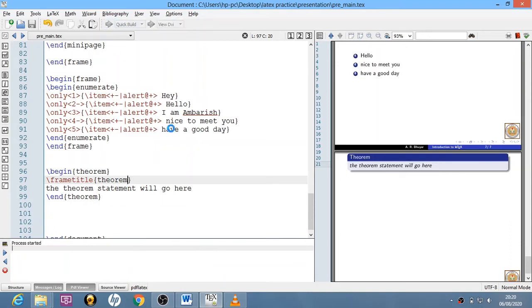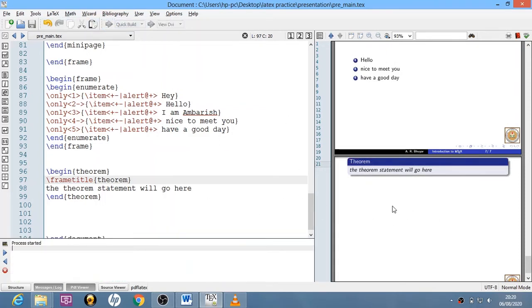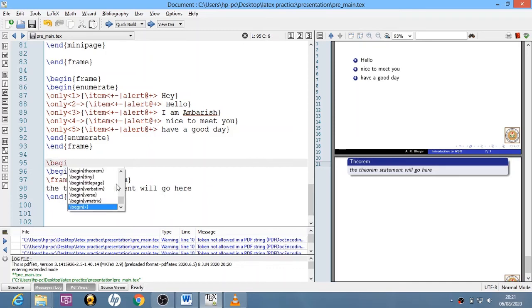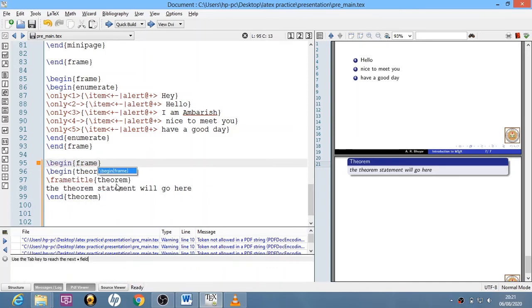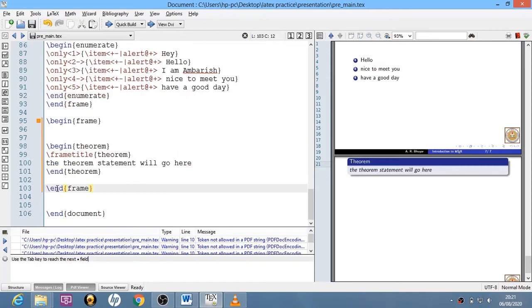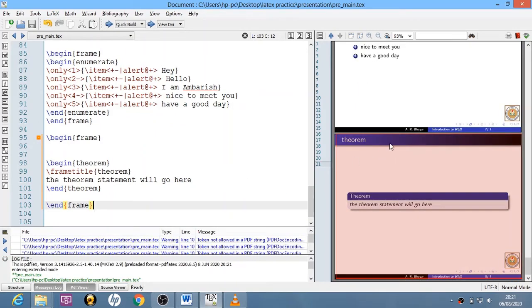Actually, adding a frame title, okay, I will write it in begin frame and end frame. Let us compile it. Yeah, we can see the title over here. So the theorem will appear in this way.